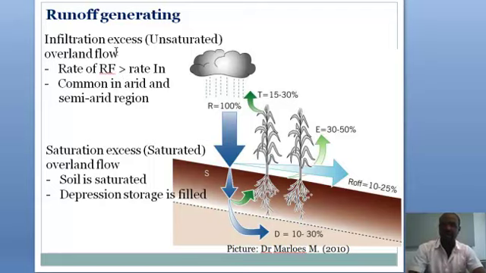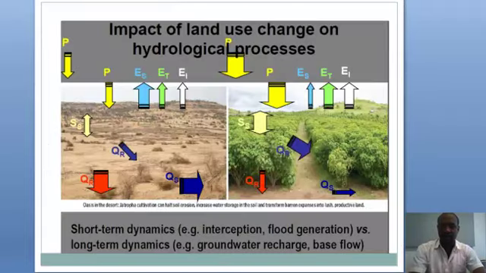Either infiltration excess, that means the rainfall rate is more than the rate of infiltration, which basically happens in arid and semi-arid areas, or saturation excess, which is if the soil is fully saturated, it means that the rainfall first saturates and soaks all the soil, and then whatever is left will be runoff. Then this is a runoff which later becomes surface runoff, intermittent, perennial, or whatever, and then a resource